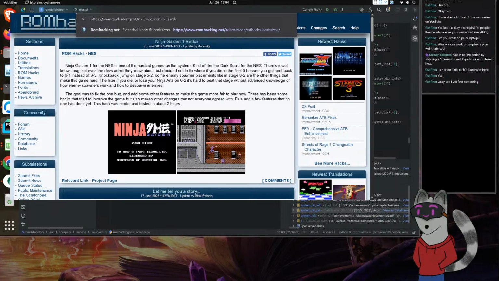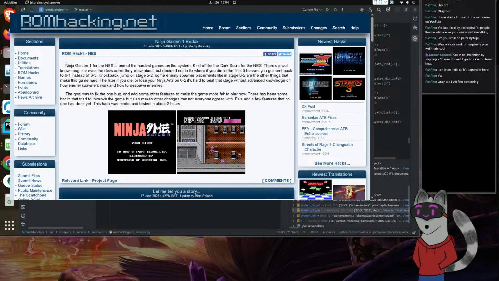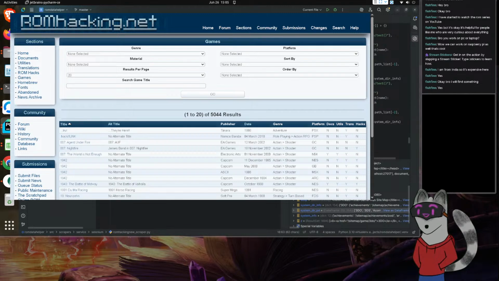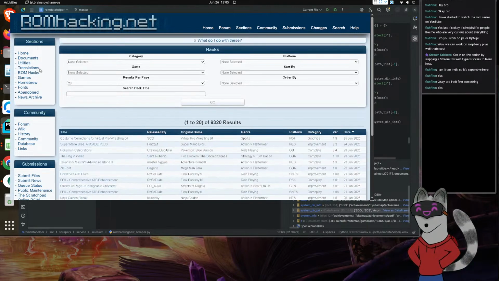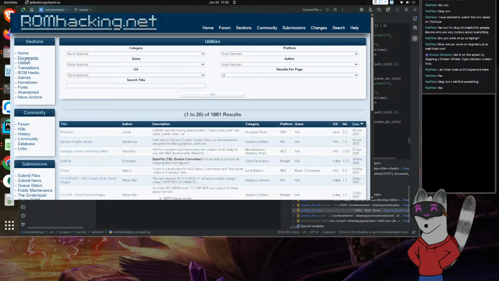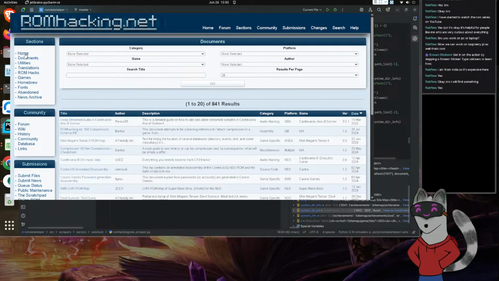All right then. Sitemap. And they do not have a sitemap. It's not a valid module. Okay. Oh, that means we can probably define different modules. So let's see here. We have games, hacks, translations, utilities, documents. All right.